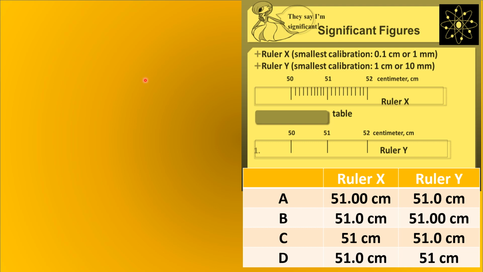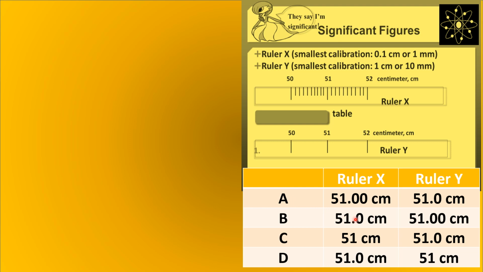Examining the given measurements in our options A, B, C, and D, it's obvious that in terms of the magnitude or the value of the length of the table, all entries in A, B, C, and D are equal, if you're just talking about the values of the length in centimeters. But in terms of the precision of these measurements, these entries are not the same. So we have to analyze